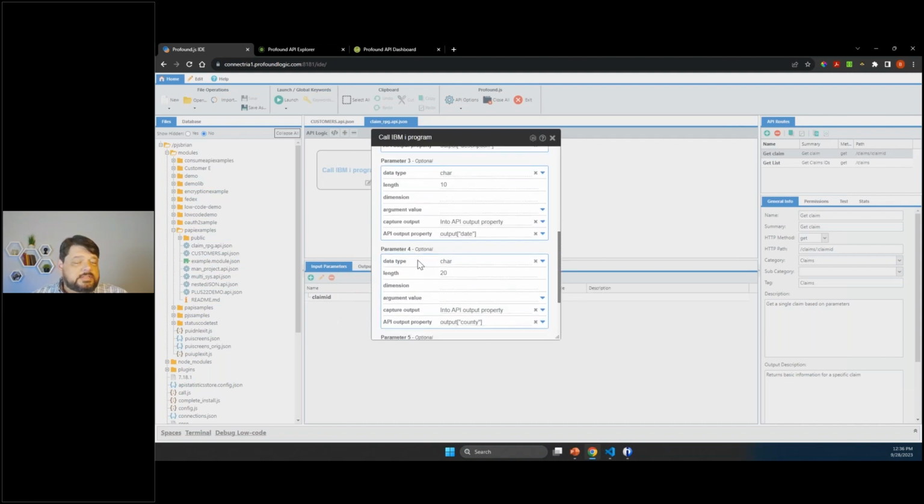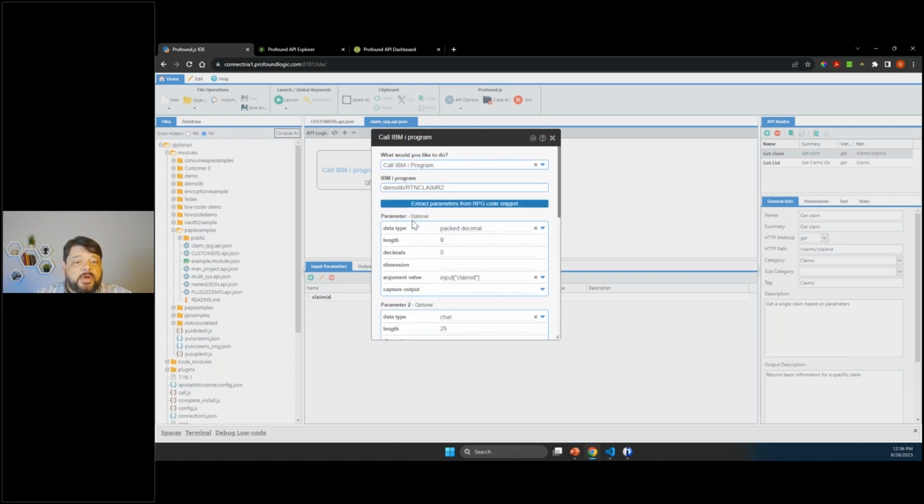So this is especially useful when you have a program that has a really complex parameter list. Maybe you've got some complex data structures that have data structures embedded inside of data structures and arrays and all of those things. Or maybe it's just a simple list of parameters, but there's 100 of them. Being able to just copy that in straight from your RPG code into that window and click a button does make setting up the parameter list much easier. So then we have that.